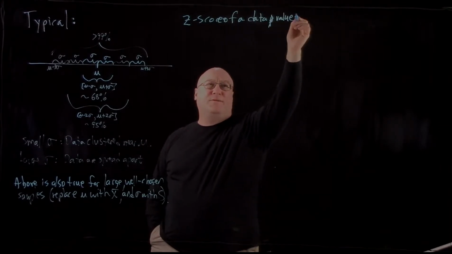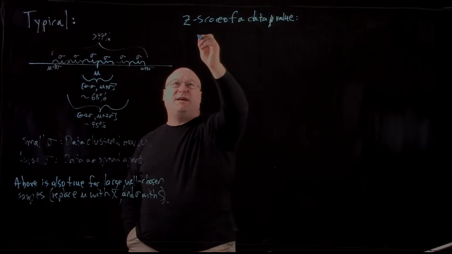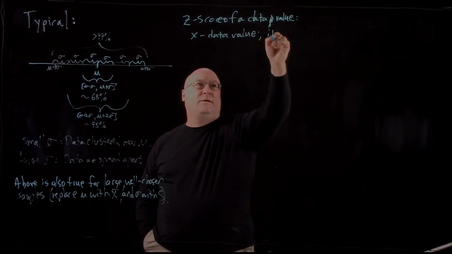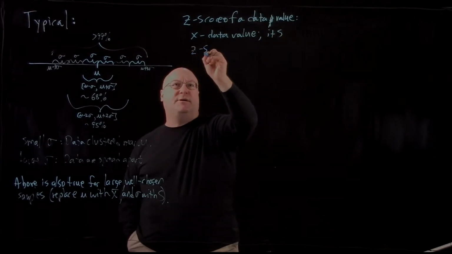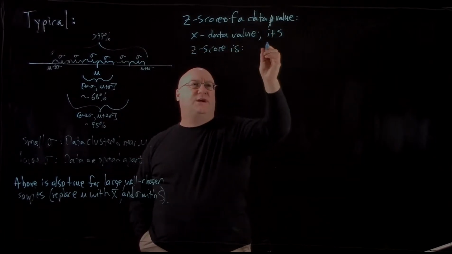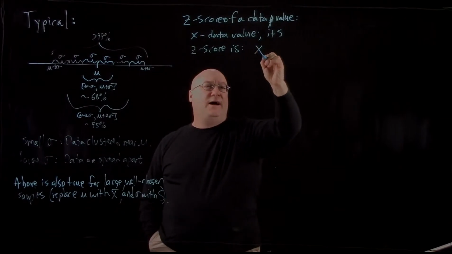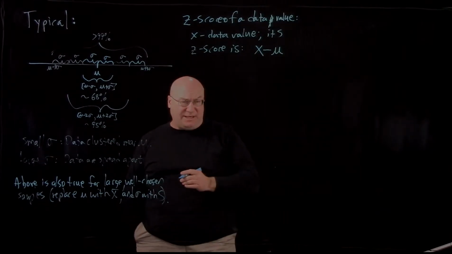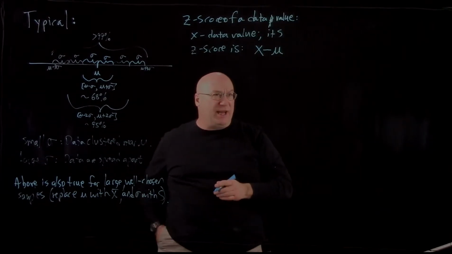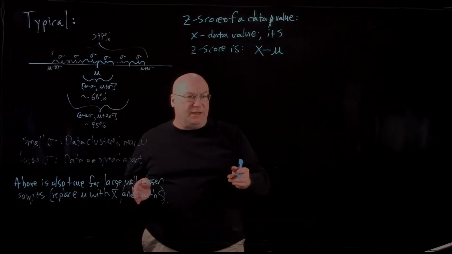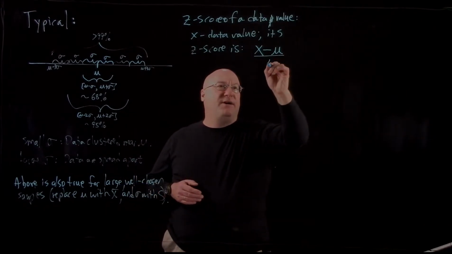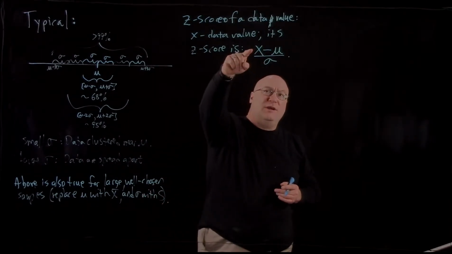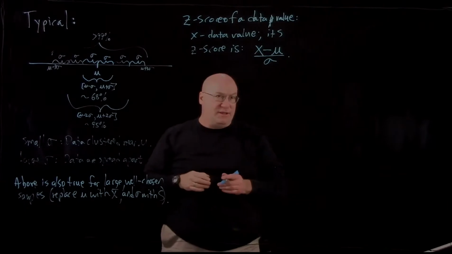And the z-score is defined to be, if x is the data value, its z-score is: I take x and I subtract away the mean. So that tells me how far I am away from the mean, but then I will divide by the standard deviation. And so what I end up with is the numerator tells me how far apart that data value is